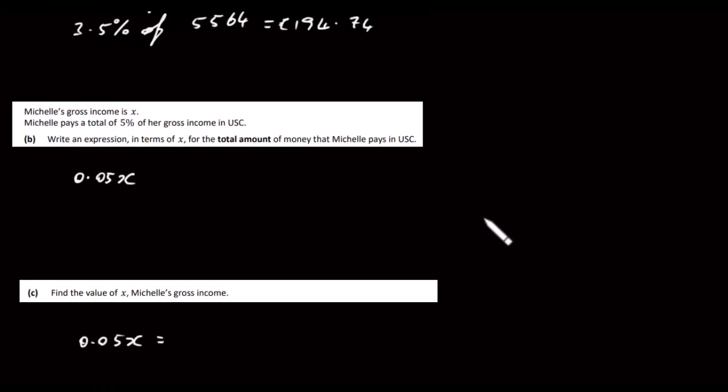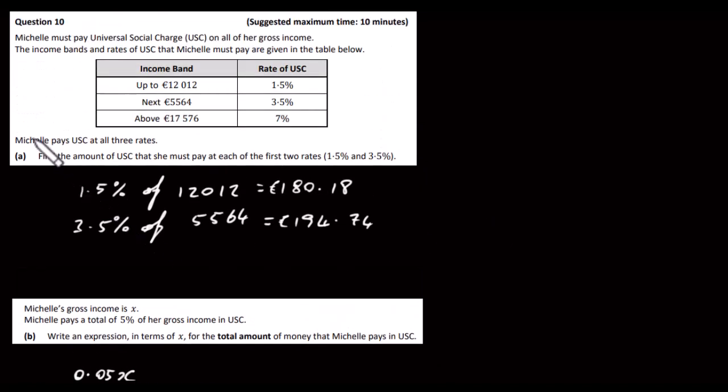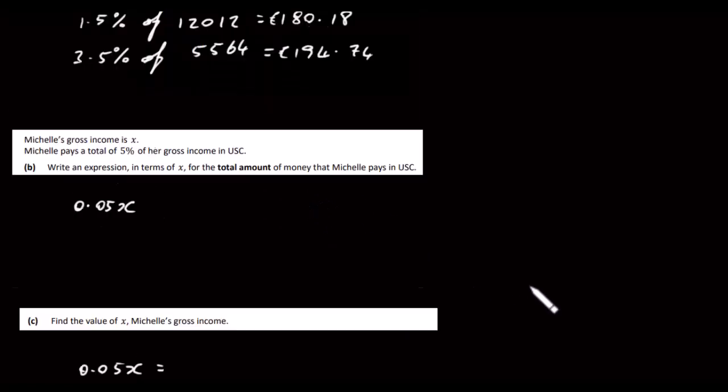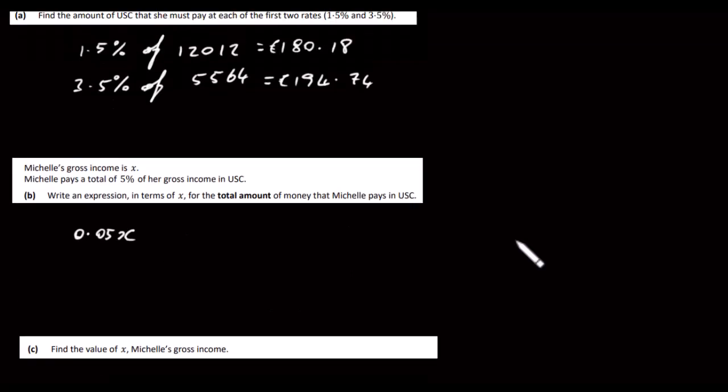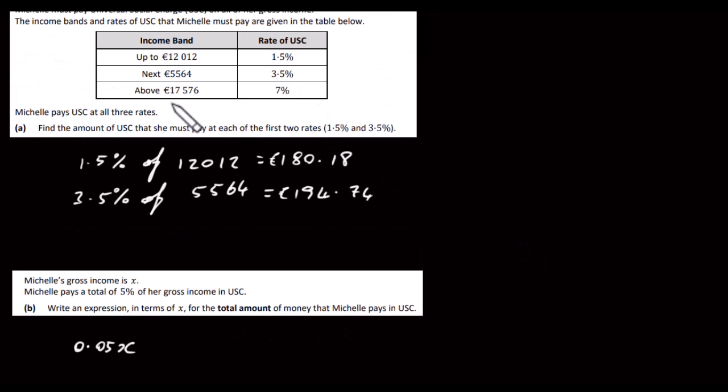Okay, so this 0.05x is going to be equal to, we've got to make an equation and just solve for x. Now we're told up here that Michelle pays USC at all three rates. So we know she pays these two amounts here that we've worked out in part A. So it's going to be equal to 180.18 plus 194.74. Then she must pay 7% on anything above